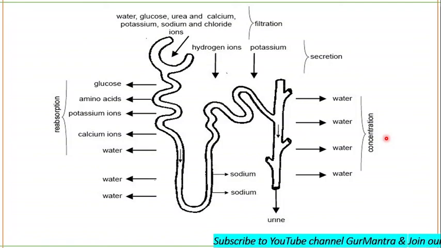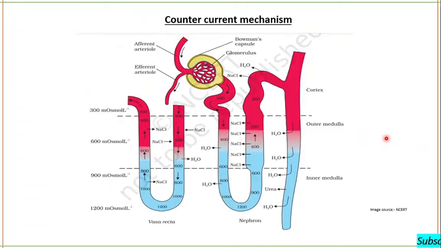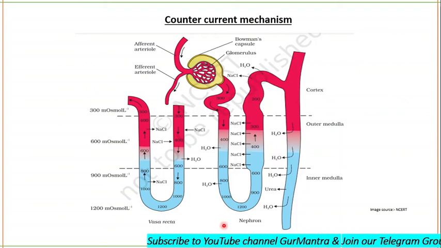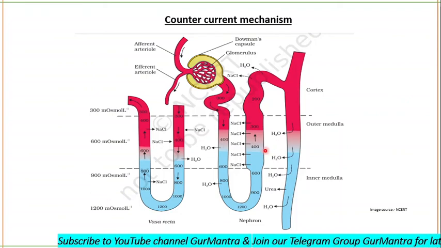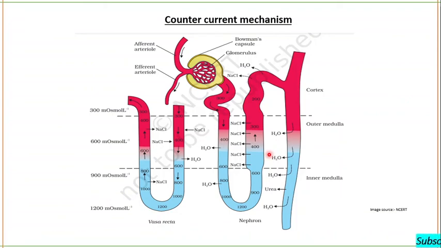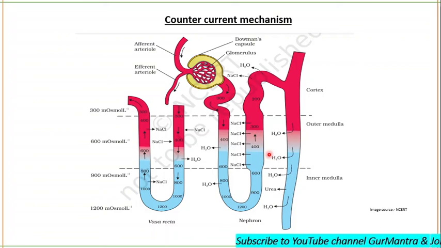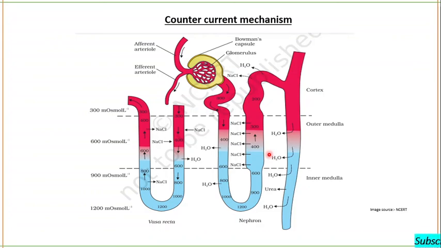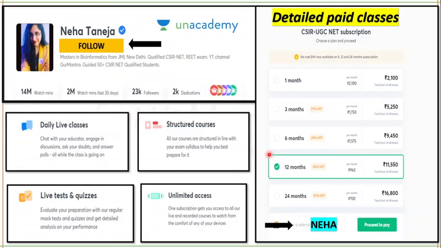As for the countercurrent mechanism, for now you can check that in the countercurrent mechanism, you will see the function of the nephron and vasa recta. The countercurrent mechanism occurs between these two. I hope you understand this for today. In the next video, I will tell you about the characteristics of normal urine, along with the formation of concentrated urine and the countercurrent mechanism. But that's all for today.